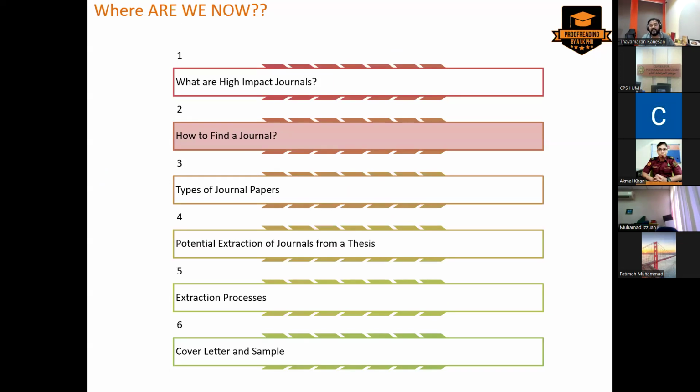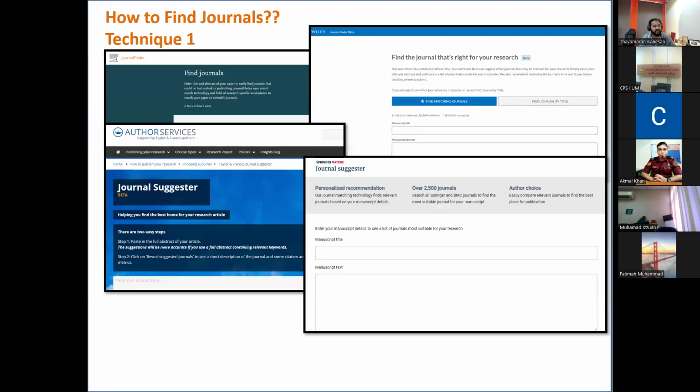Okay, how to find a journal? Very, very important to know this, because if you get rejected, you need to know how to find the next journal to submit to. So even when you write a paper, you need to know how to find an appropriate journal to submit to. Okay, so